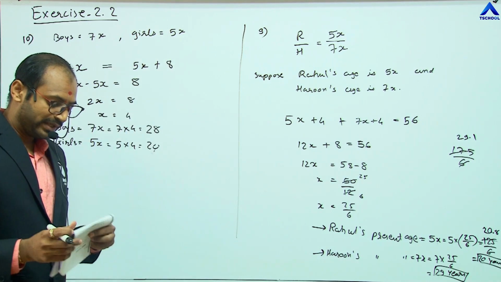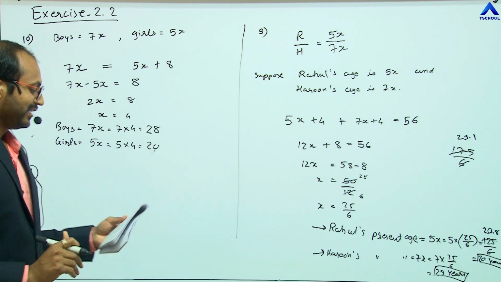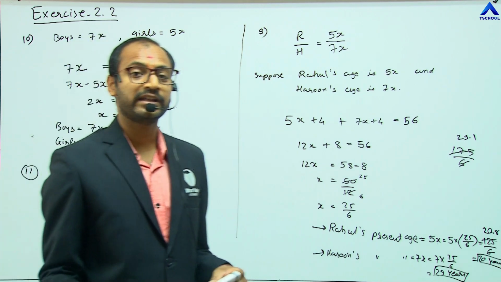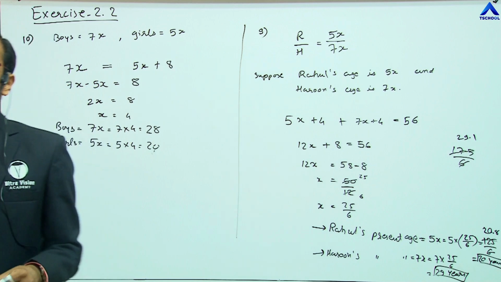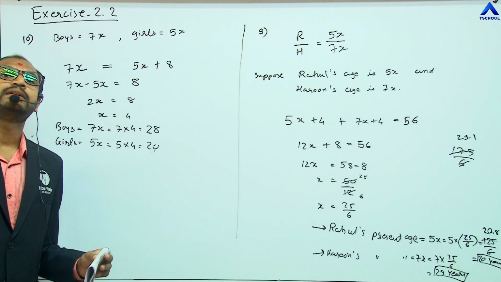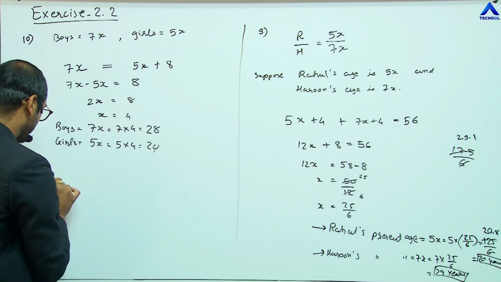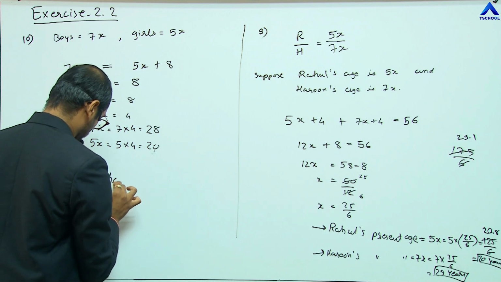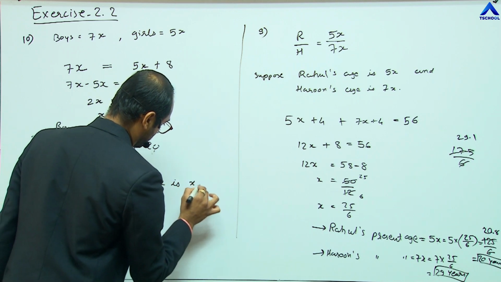So, which age should we guess? Here, we should guess the age of Bharat because both ages are given with respect to Bharat's age. Clear? Both Bharat's father's age and Bharat's grandfather's age are given compared to Bharat's age. So let me guess that suppose Bharat's age is x years.